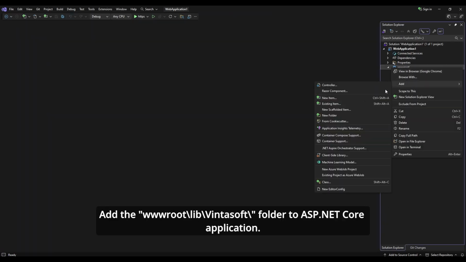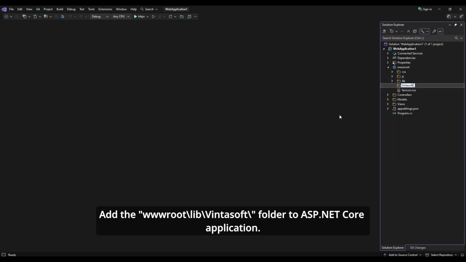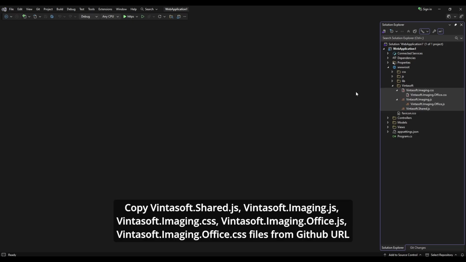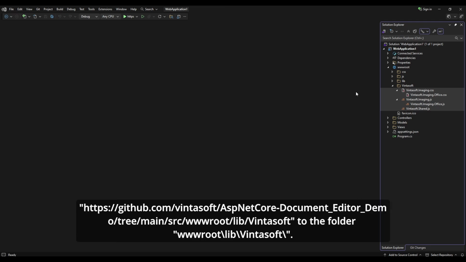Add the wwwroot/lib/vintasoft folder to ASP.NET Core application. Copy vintasoft.shared.js, vintasoft.imaging.js, vintasoft.imaging.css, vintasoft.imaging.office.js, vintasoft.imaging.office.css files from GitHub to the folder